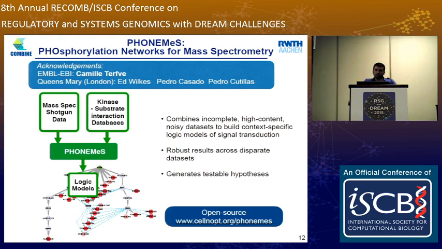So Boolean models, we like them because they're very simple. It's almost as simple as they can be, and thereby you can look at large networks, large systems, and large amounts of data in an efficient way, but they still allow you to encode in these networks the knowledge that you have about the systems.